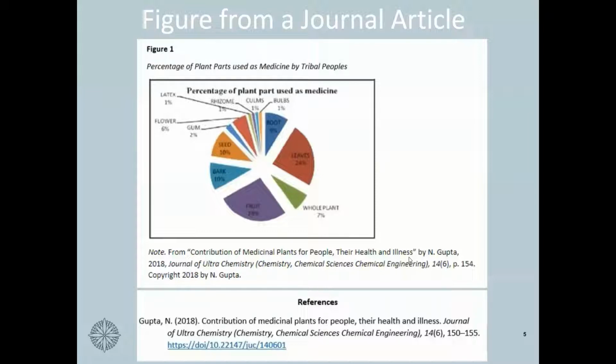Then we have, in quotation marks and capital letters, so title casing again, the title of the article. Then we have by, the author's first initial of their first name and a full stop, the author's surname, comma, the date of publication, comma, the title of the journal the article was published in, a comma, the volume in italics, the issue in brackets and a comma, p. for the page that this figure came from, so the exact page that this graph was in this article, and then the copyright information.